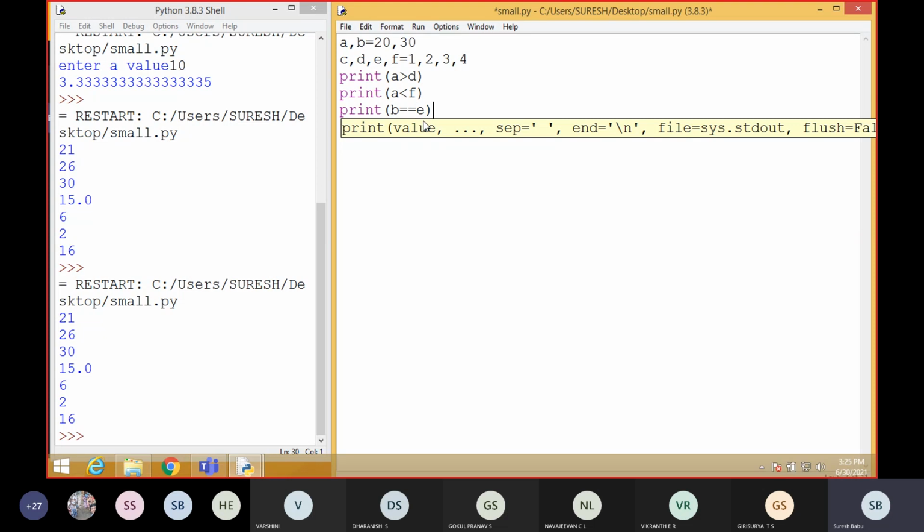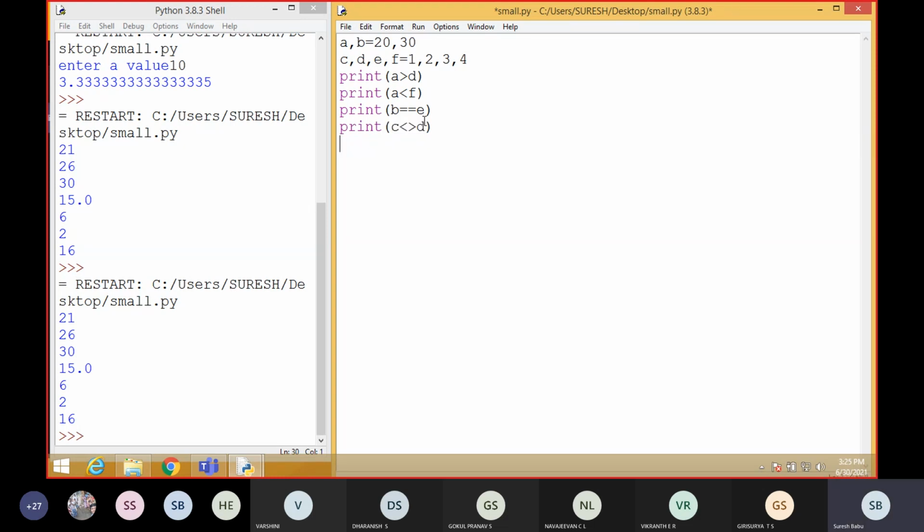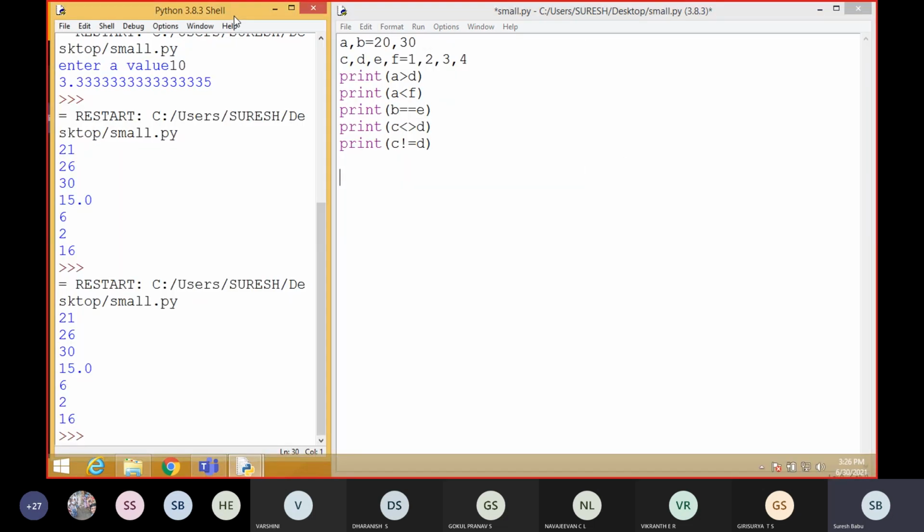E. So here we are checking whether both the variables are equal or not. Students, what is the answer for B equal to E? Students, respond to me.